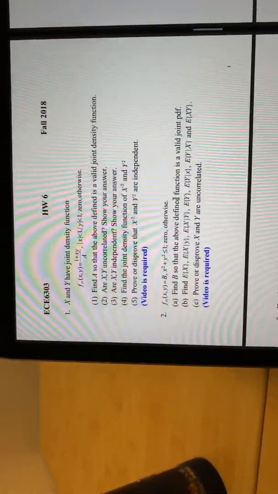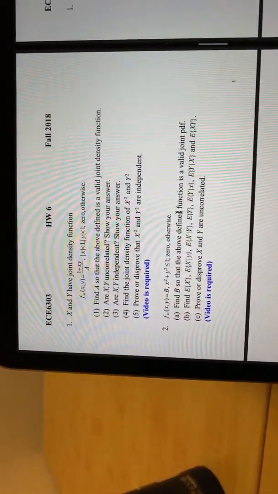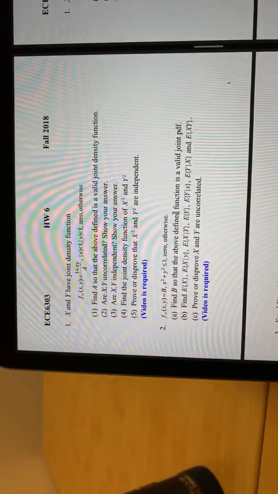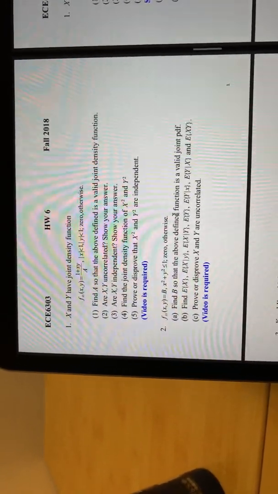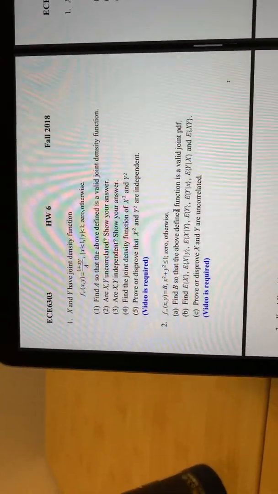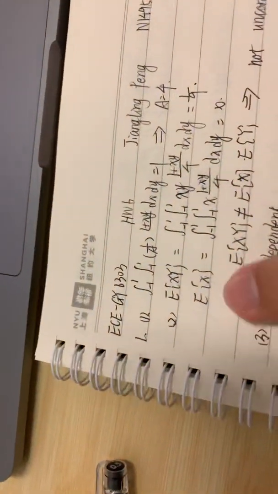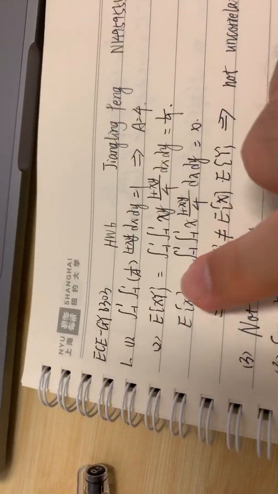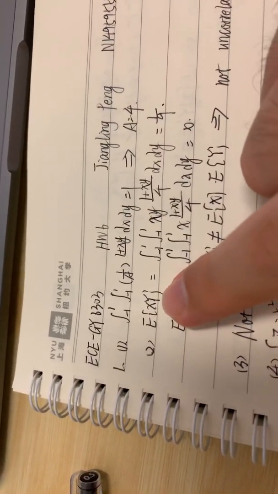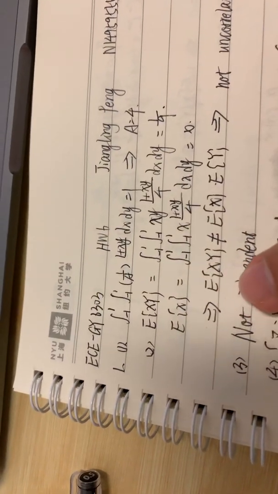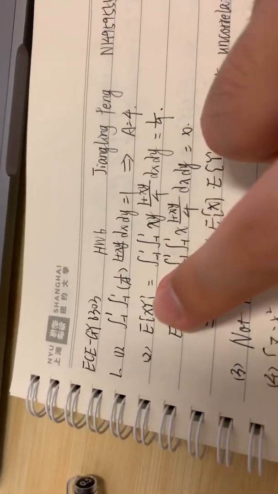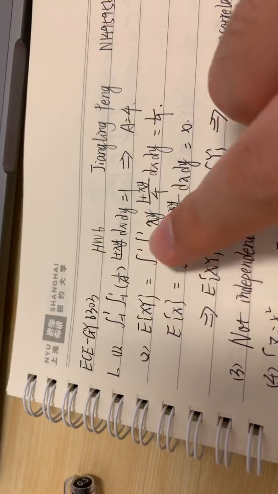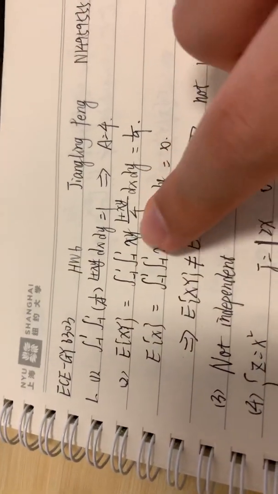Question 2 is to determine whether X and Y are uncorrelated or not. We should find the expectation of X, Y, and of X and Y together. Let's find the expectation of XY equals the double integral of